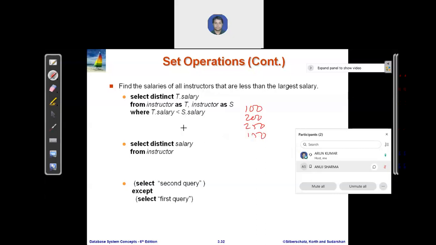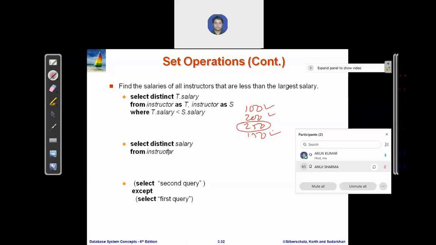This query will give you all the salaries less than the highest salary. As you can see, 250 is the highest of the four salaries, so it will exclude it and return only 100, 200 and 150.